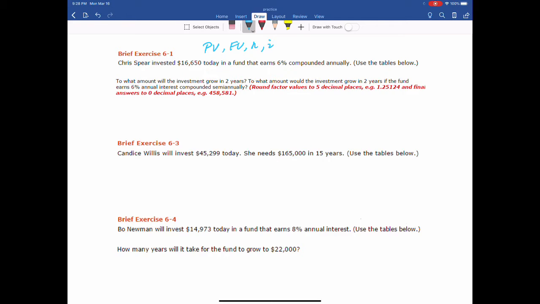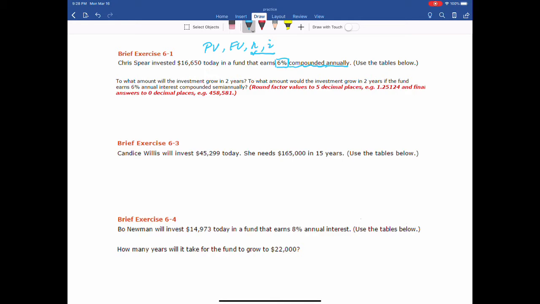Usually, you are given an interest, for example, this one is annual interest. And the interest you use in the formula depends on how the interest is compounded. So if the interest is compounded annually, you can use it directly, and the n is the number of years. Otherwise, you have to transform it to the right